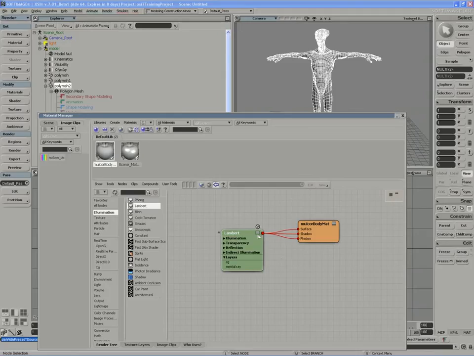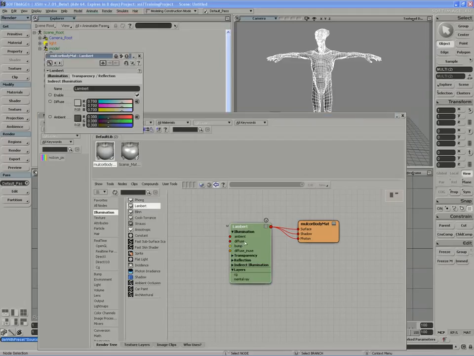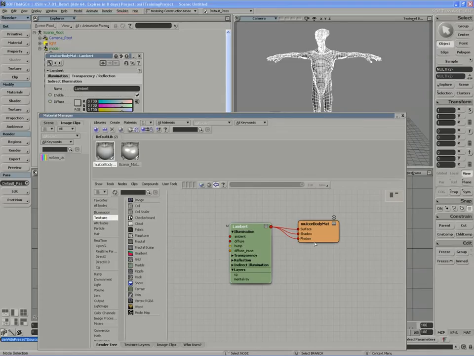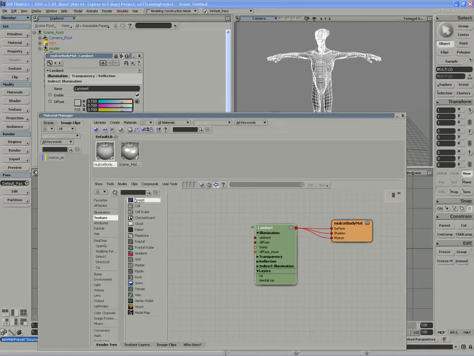So inside of that Lambert shader, I want to plug a texture map into the illumination diffuse channel. So I can do that one of 2 ways. I can double click on the diffuse and connect straight to that. Or I can actually just use the texture folder and pull in an image node, which brings in an image node and